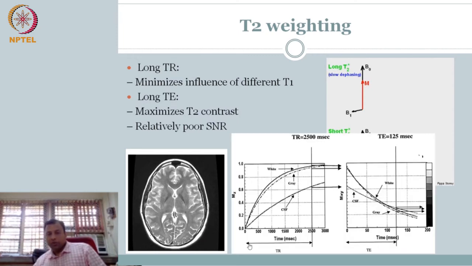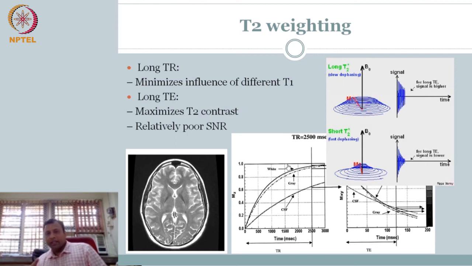So the same thing: wait for a long TR to minimize the effect of T1, then push it to the floor. Each of them starts at their saturation or equilibrium value and then starts to dephase, and therefore the signal is going down. But if I used a short TE, I would not have captured T2 differences. So now I am waiting for the echo time to be large enough that I get to a region where I can differentiate different tissues based on their T2 differences. Clear? There is a neat animation here that I would like to show.